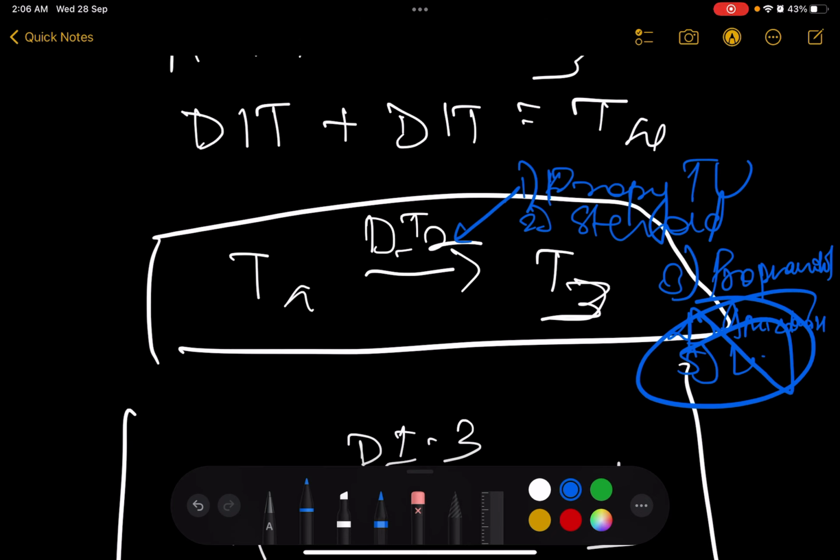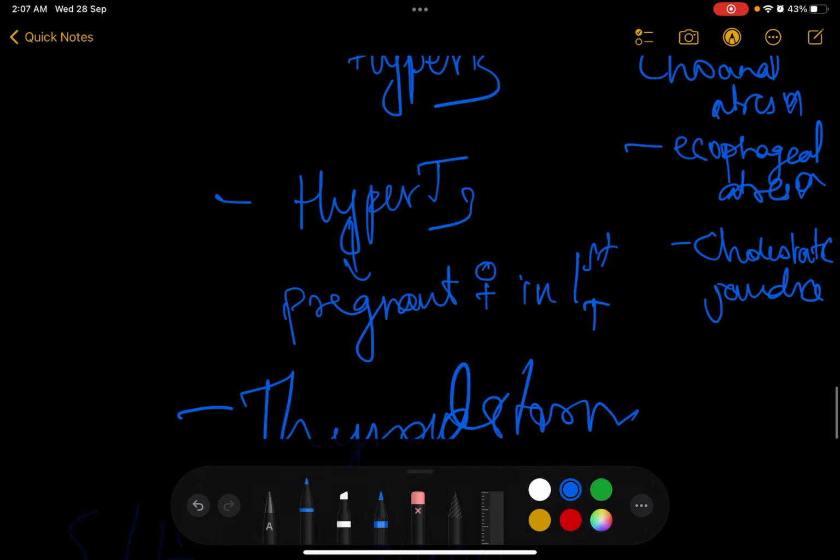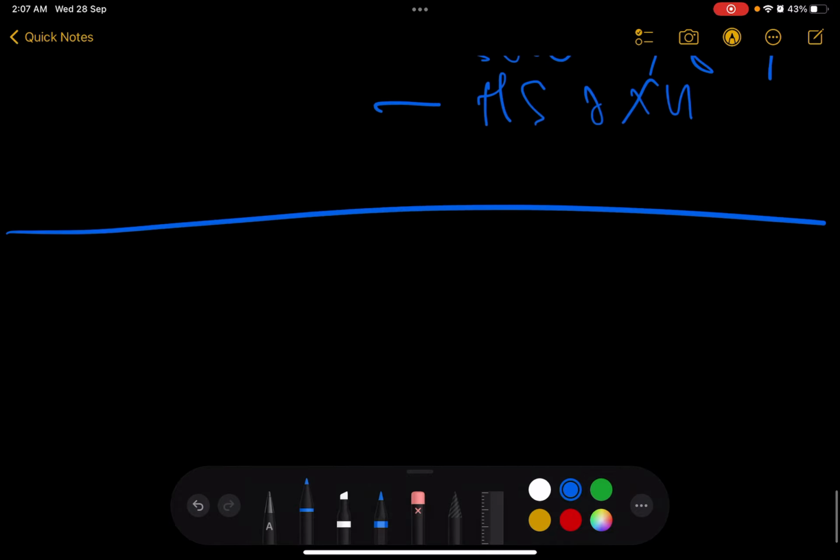Especially propranolol, because in excess T3, T4 there is going to be excess stimulation. They are going to increase the beta receptors. So propranolol is also a beta blocker. So it is really important. It can reduce the symptoms of hyperthyroidism. That is one. Now we have got a very important medication called radioactive iodine,